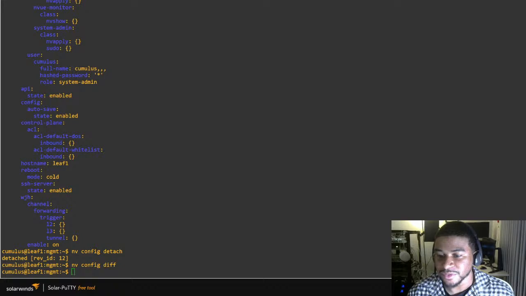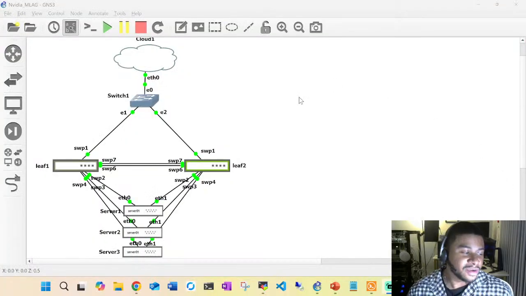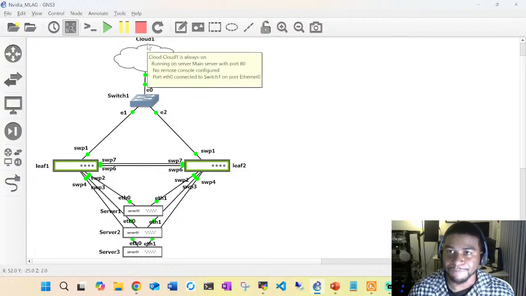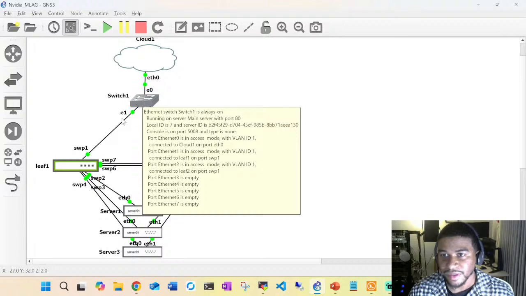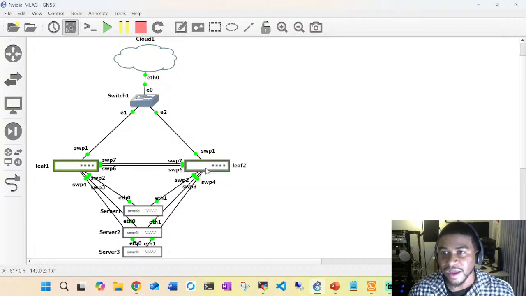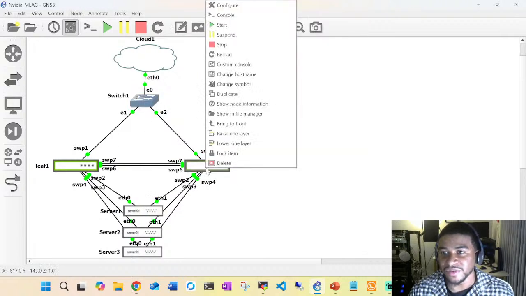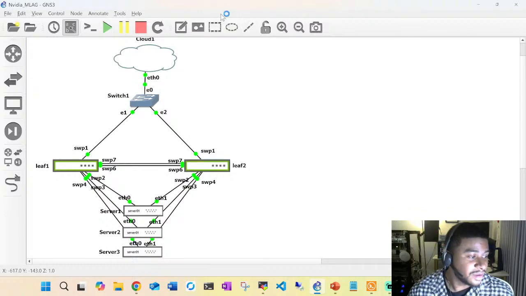let me hide this real quick. Let's go back to our diagram. I'm coming from Cloud 1, right? This is my home network. I'm on a computer somewhere out in the network abyss. LAN, it goes from a LAN down to the virtual network, to the virtual switch, and then it's connecting to this. If we go into Leaf 2, which I haven't even configured yet, and I hit that console,